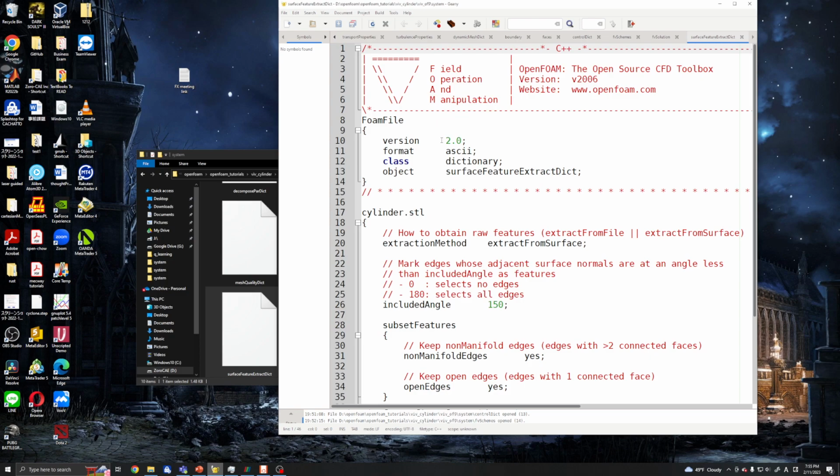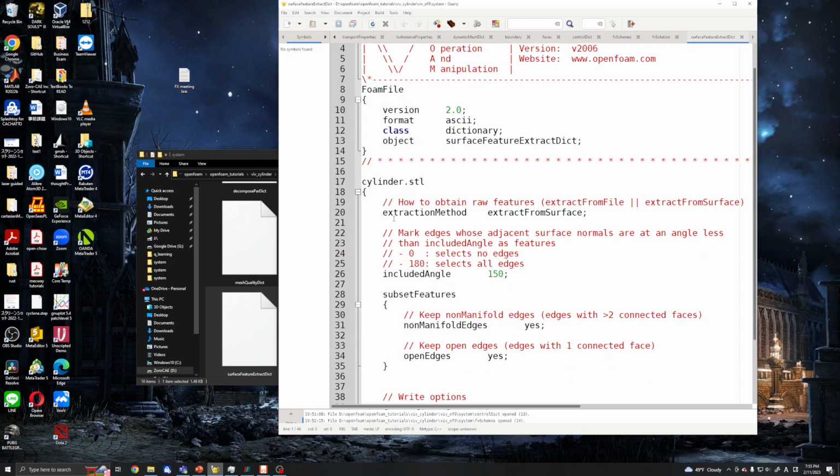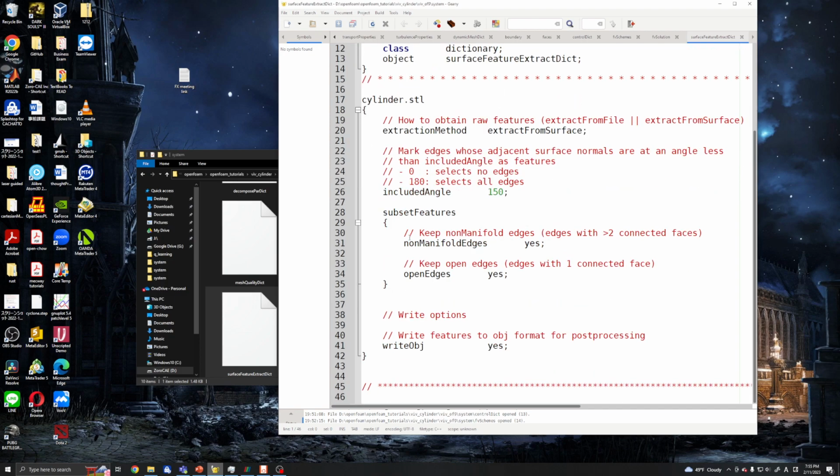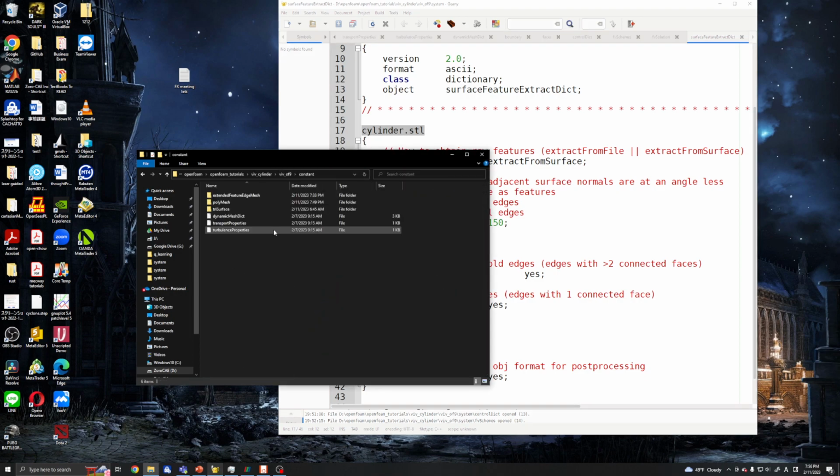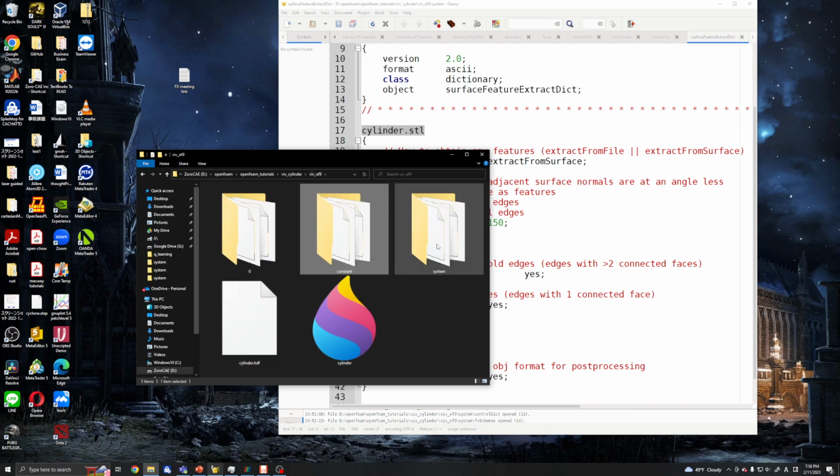For example, if our geometry includes very sharp edges, we need to refine these edges, and this file is used to extract such edges. Okay, and generally you can use this one most of the time, and all you need to do is change the name here to your STL file inside your constant triSurface directory. Okay,